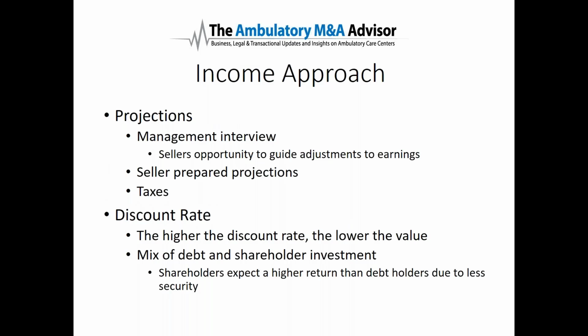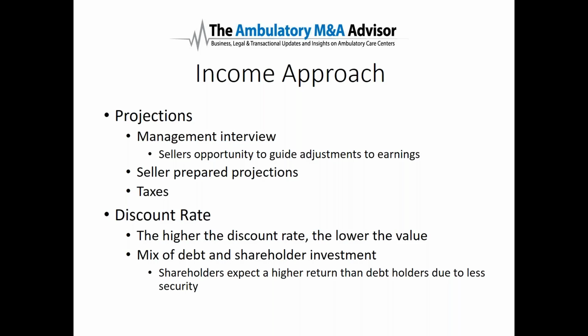So when applying the income approach, as I mentioned earlier, it's what is the cash flow in the future. So you're always going to start with projections. And as Blayne said, this is where you get into those adjustments. What are the adjustments we can make to the historical income statement when projecting out future income? And from a valuation perspective, that always starts with a management interview. I think a lot of valuation firms are out there checking a box. As I mentioned, there are valuation rules on how you go about doing a valuation, and the management interview is always important to creating the valuation.